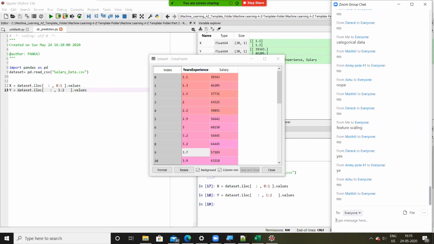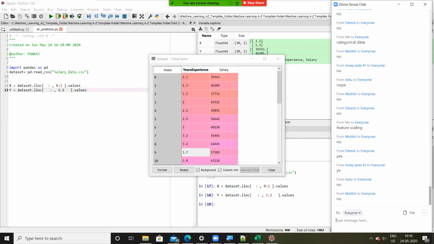Ashu, you there with me? Yes, sir. You have said no, we don't need to perform feature scaling. Why? Because the salary value is directly dependent on the years of experience. Okay. And years of experience is X and salary is y. All right. So salary is column y, years of experience is X.